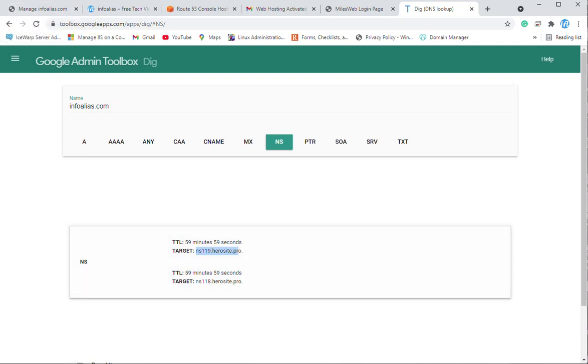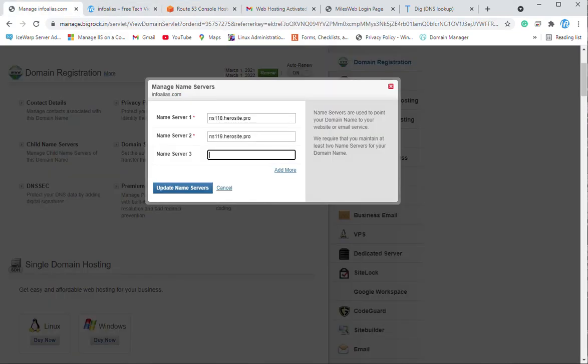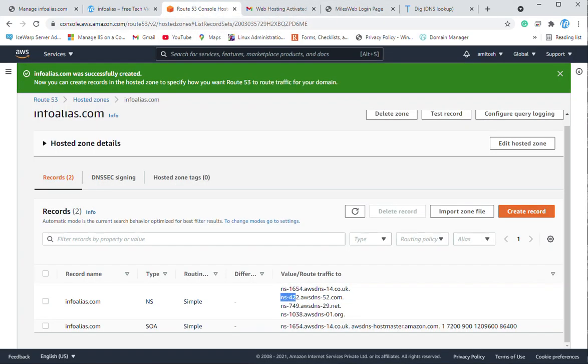Once we change the name server records, the name servers of Route 53 will be visible over here. So currently I'm making a copy of the name server name and putting it on name servers over here. Similarly, I will do the other name servers,